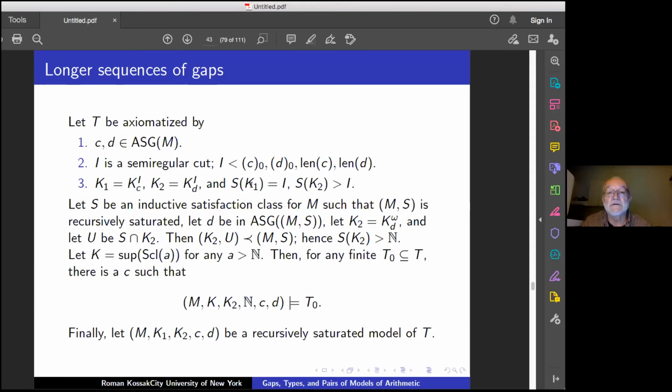And now the question is, how are we getting K1? So now K2 is already here. And I take first, this is an auxiliary K. I take some short model. I take any non-standard element, and I take the supremum of this Skolem closure of A. So this is a shortcut. And because it's short, it's not recursively saturated. And because it's not recursively saturated, S of K will be,